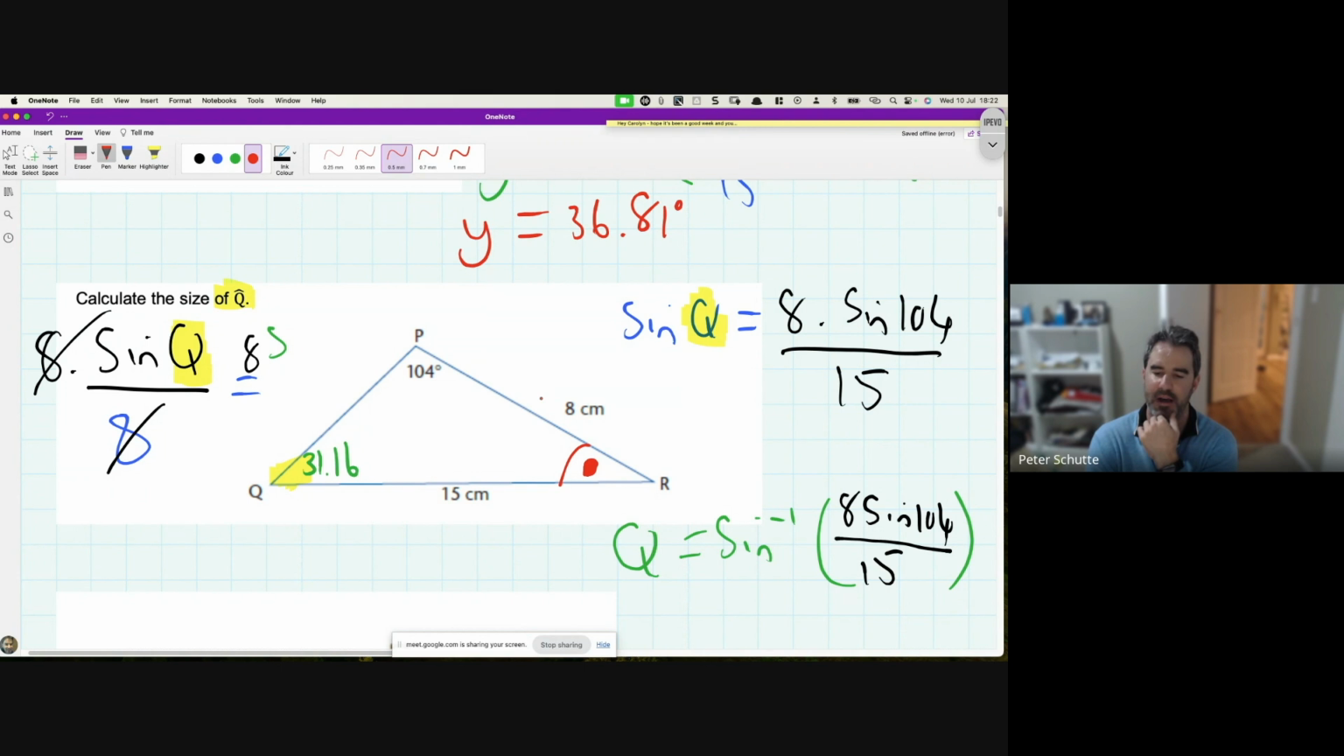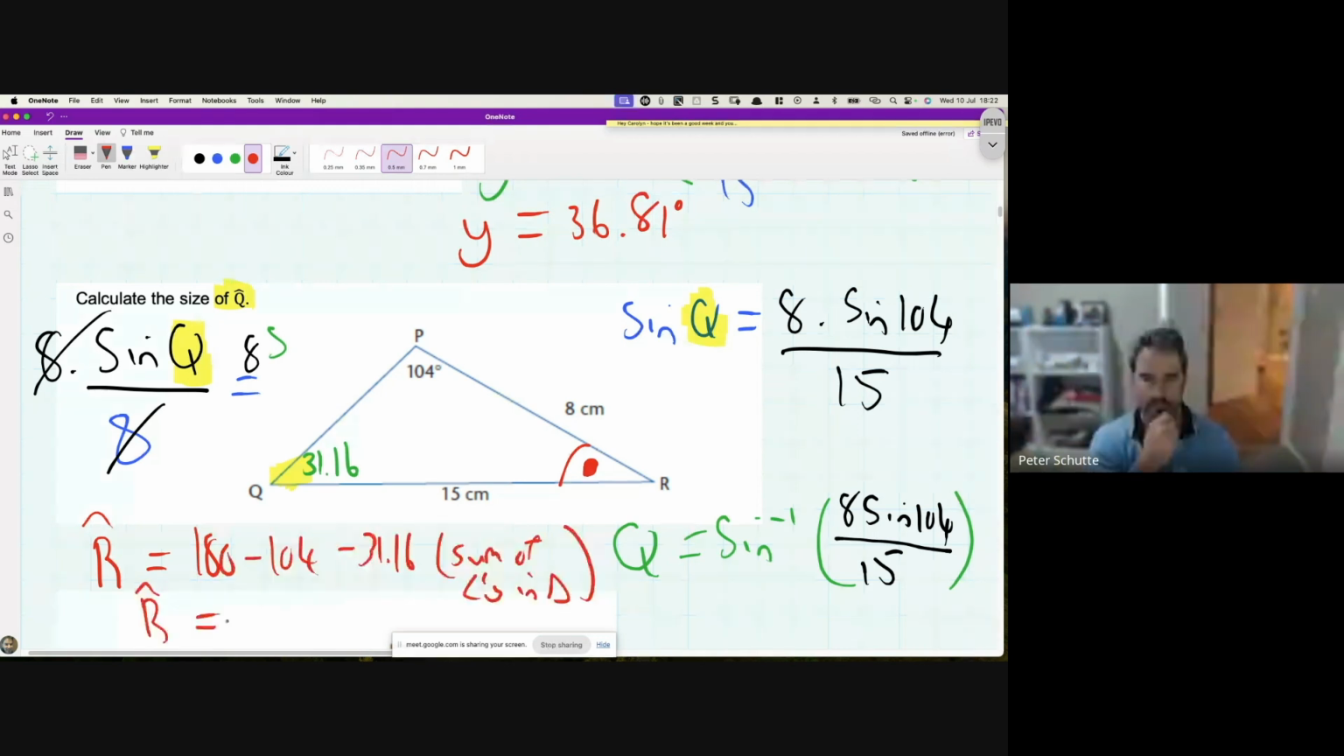I remember something about all the angles in a triangle. Yes, Rolani, exactly. So we know that angle R will just be 180, and the reason would be the angle sum of a triangle. So 180 minus 31.16 minus 104, and I get, let's see if you get the same as me, I get